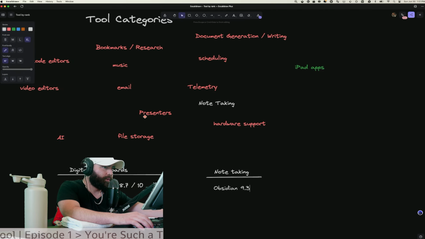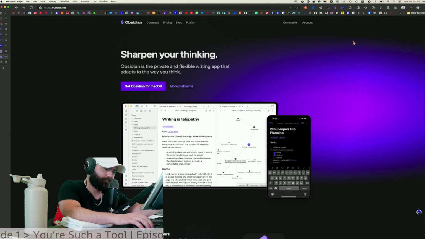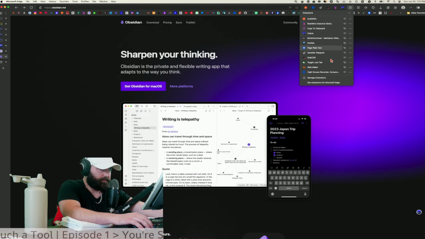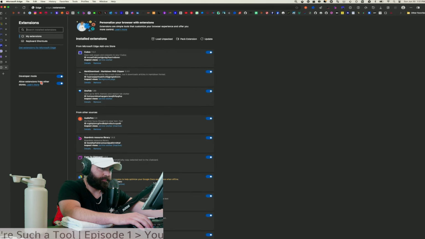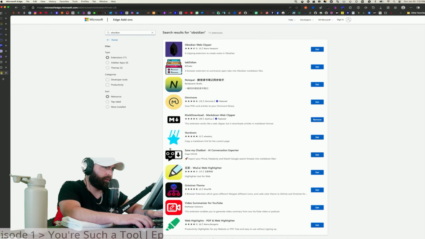Okay, so I will say the only other thing that bothered me, although there are some good options, is that there's no native web clipper, which I feel is always a big oversight. However, since they've added that other functionality, let me make sure I'm not lying about this as well. Let me see if maybe they made one. Obsidian. Okay, no, they didn't.